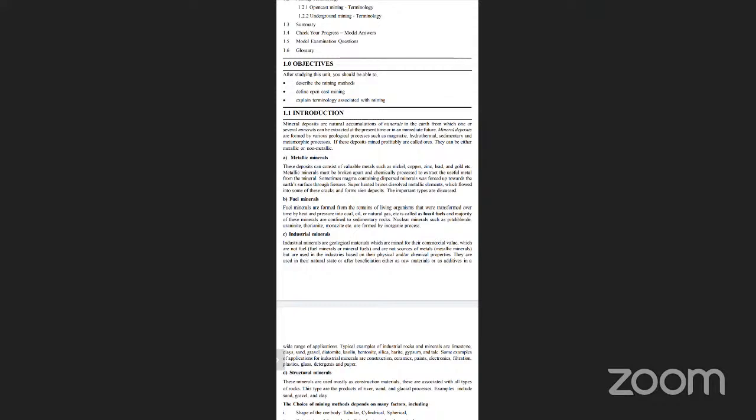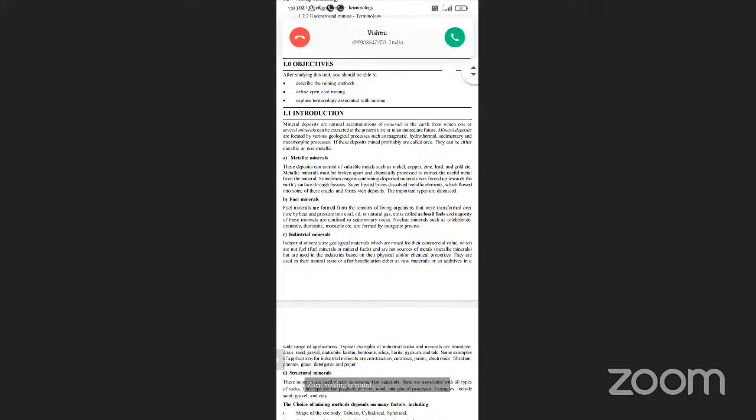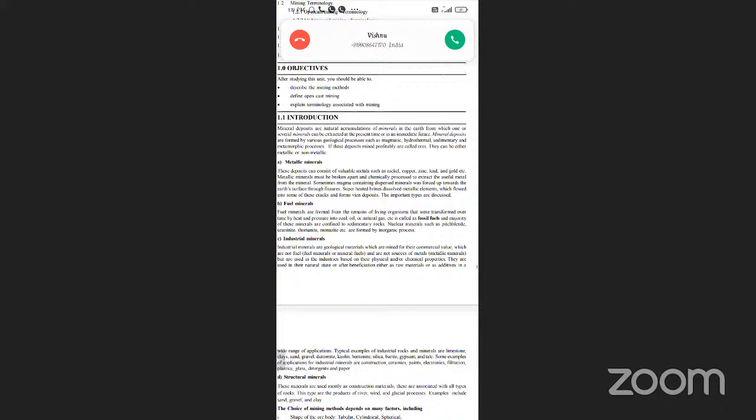As we know, mineral deposits are natural accumulations of minerals in the earth. These mineral deposits are accumulated